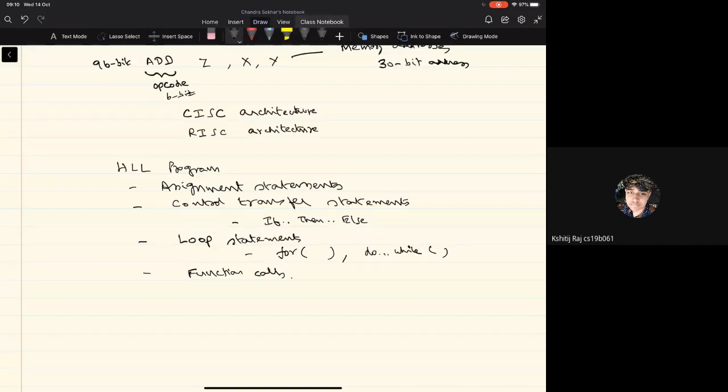And typically the machine level operations are specific to the type of the processor that we are dealing with. Different processor designers will have different design philosophies, so they will follow completely different methods of designing the processor. And whenever you want to run a high-level language program on a system based on a particular processor, we have to compile the high-level language program to generate the machine code corresponding to the particular processor. We'll be quickly seeing what we mean by the representation of the programs in a particular processor.